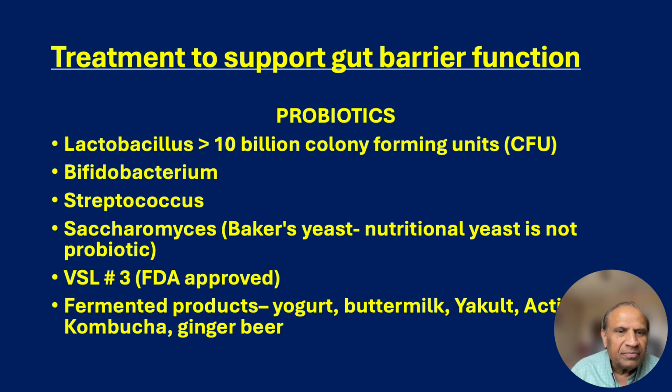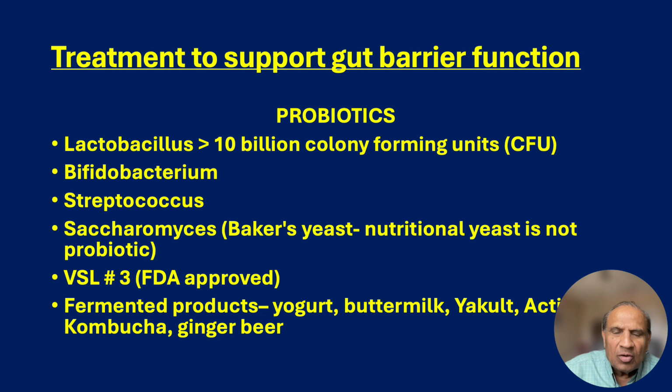VSL number 3 is an FDA approved probiotic and used mainly for inflammatory bowel disease patients. Also, fermented products contain some of these probiotics. So, yogurt, buttermilk, Yakult, Activia, kombucha, ginger beer, these also contain probiotics. Daily use of any of these should be considered, but do not use the same supplement all the time. Keep on changing every 3 to 4 months, different types of probiotics,